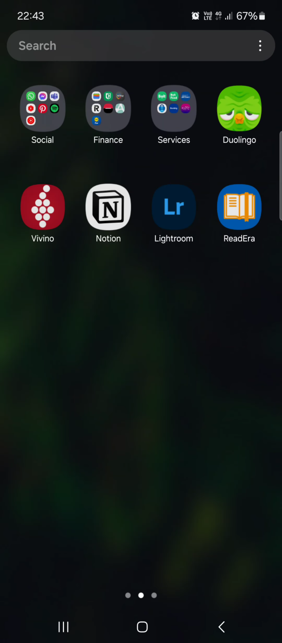Hello guys, in this video I'm going to show you how to add a shortcut to your computer in the Docs